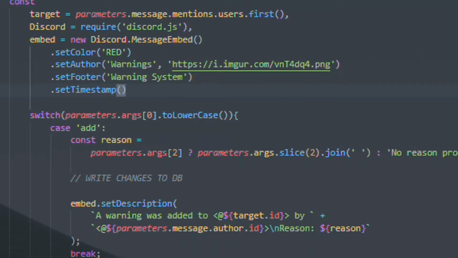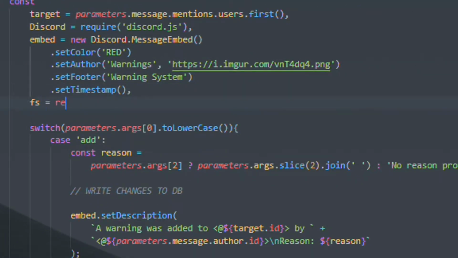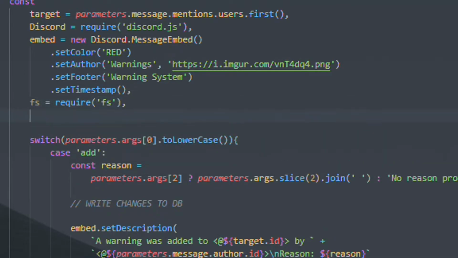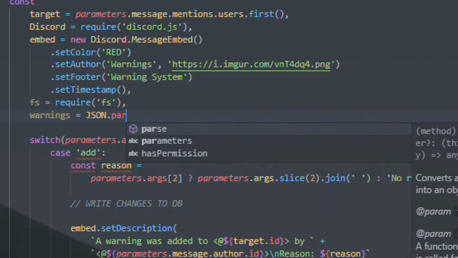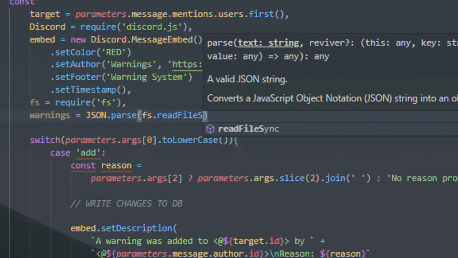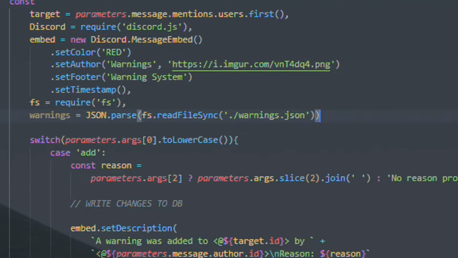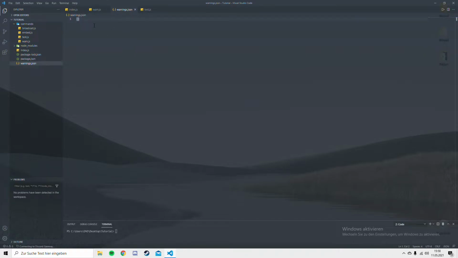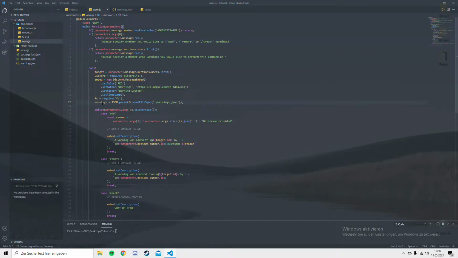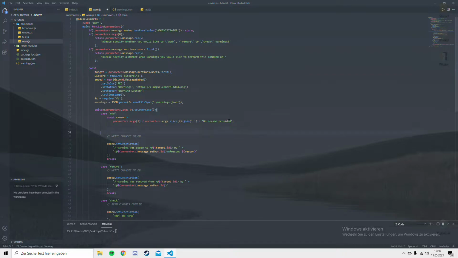So first we will import the file system library. Then we're going to define a variable, call it warnings. This will be JSON.parse, fs.readFileSync, and then our warnings.json file. What this is going to do is store the contents of the warnings.json file into this warnings variable. So now over here at add, where we say write changes to database, we can actually write them by